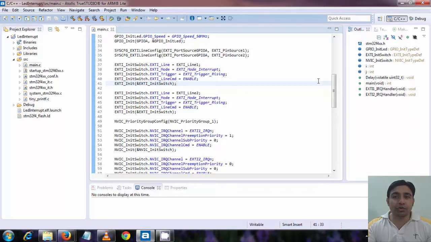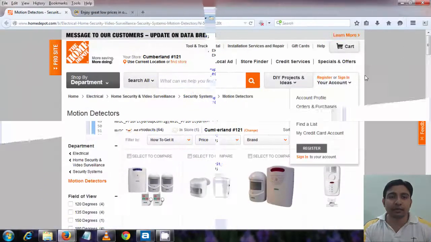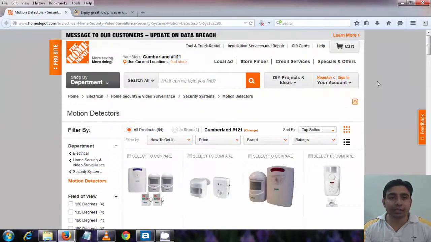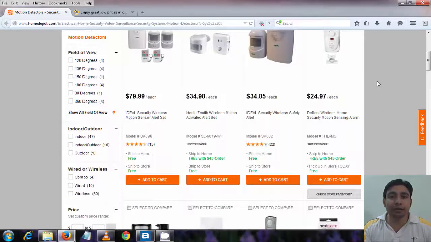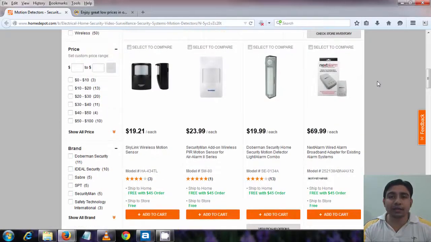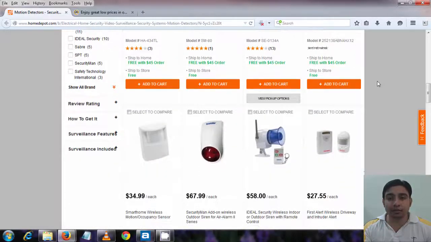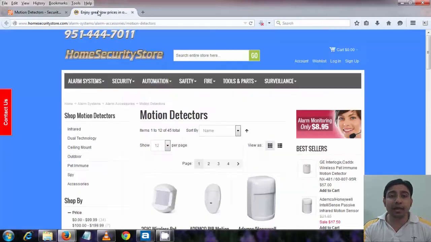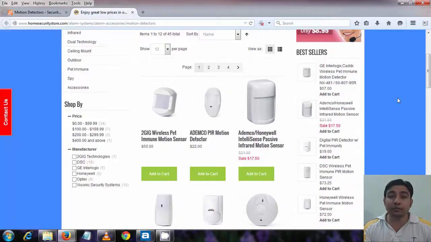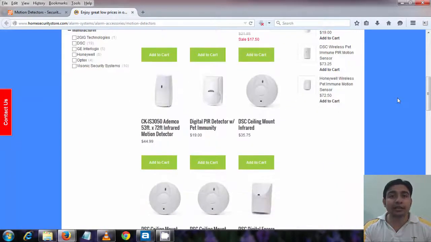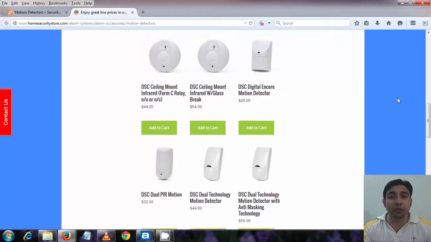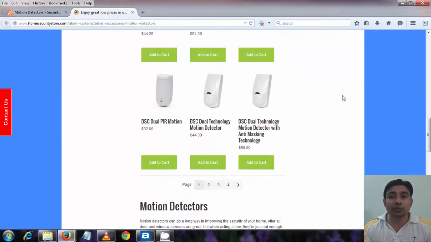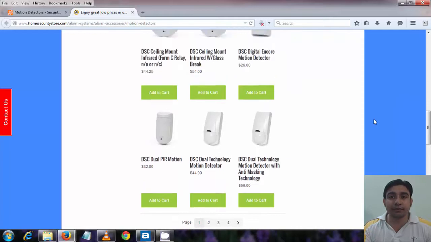First, let me show you some real world products. Now if you go to the internet and search for home security systems, you will find many products. Like you can see, we have many security products available in the market. And I am quite sure that many of you already have such a system in your home and you might be using it for security and surveillance.